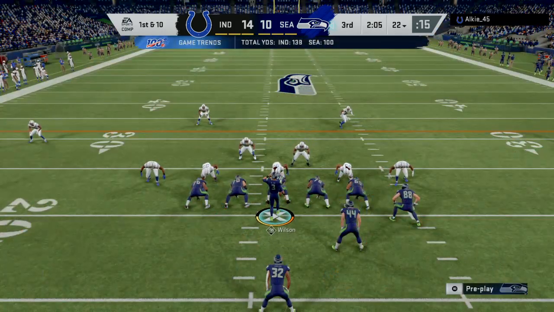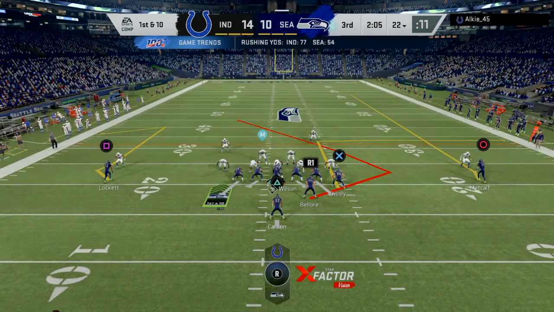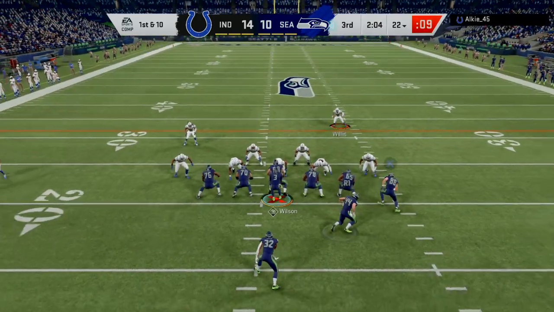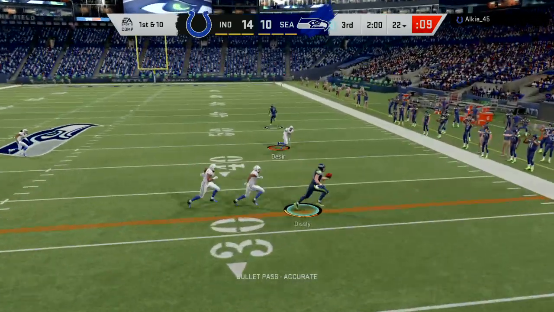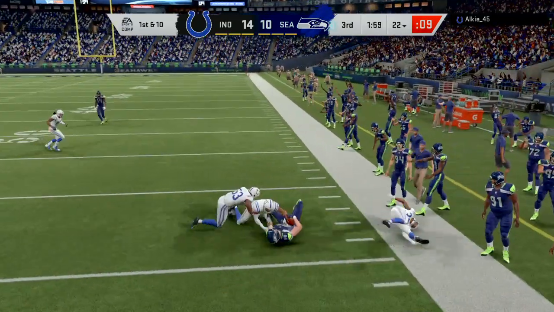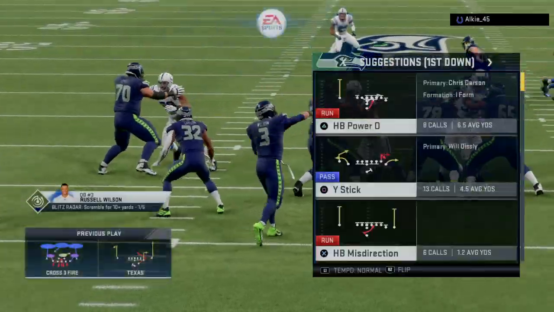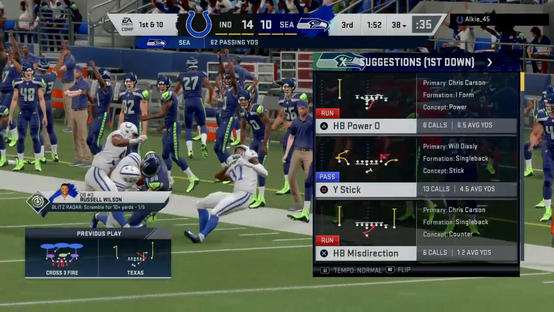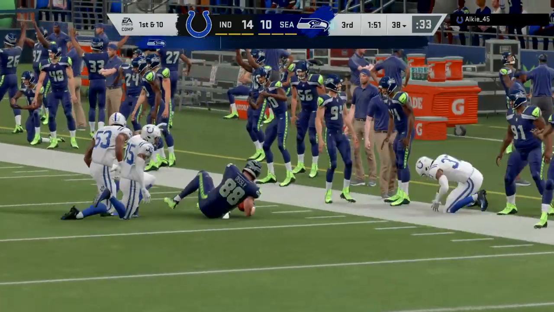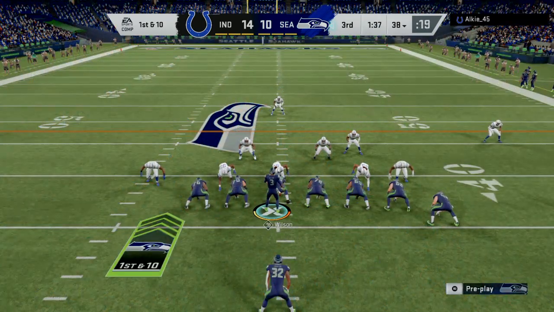Coming to the line here to begin their next drive, the Seahawks offense. And following the interception, are you a little bit more cautious when you start that next drive, or do you just throw that out the window? I think you are. I don't think there's any way you can run back out there and go, that totally didn't affect me. Let's just go ahead and be loose with the football again. You're going to take care of it, but you have to be careful about being too cautious because now you can't run any offense at all. Still want to attack. We'll see how they attack them here.